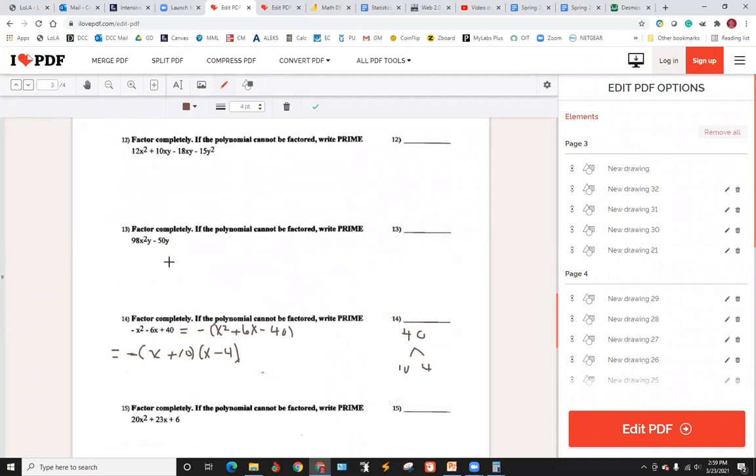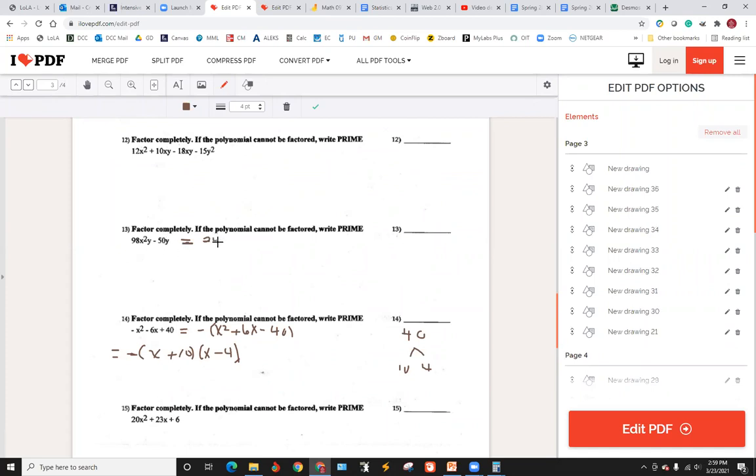Factor completely. Again, look for anything that's common to both. That's the first thing to do. What's common to 98 and 50, and then you also got the x's and y's in there. Since they're both even, that's going to mean at least 2. And there's a y that's common to both. And when we take out that, we got